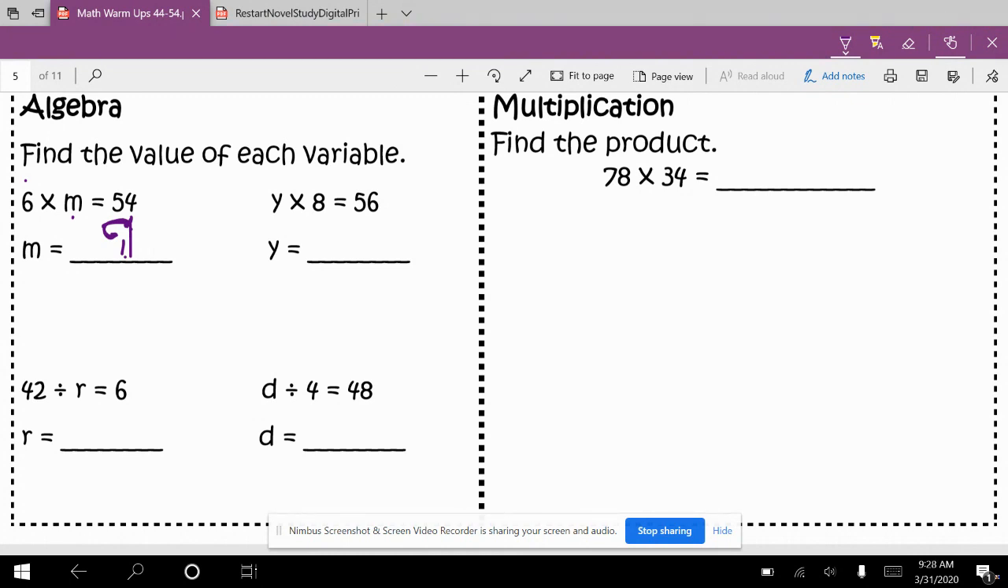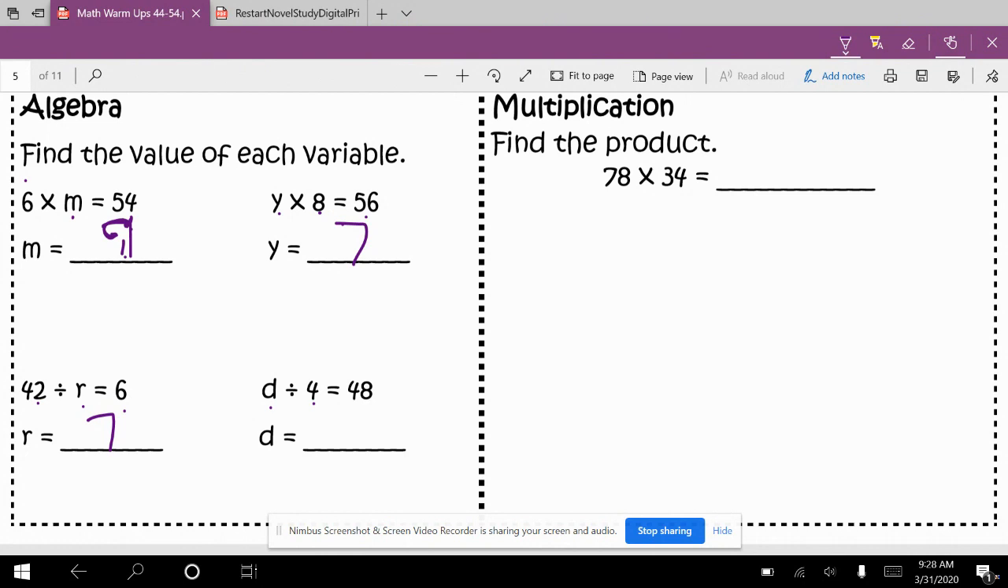Okay, what times 8 equals 56? 7. Oh, I think I figured it out. Okay. 42 divided by what equals 6? 7. So this one is the only one I think is a little bit tricky. What divided by 4 equals